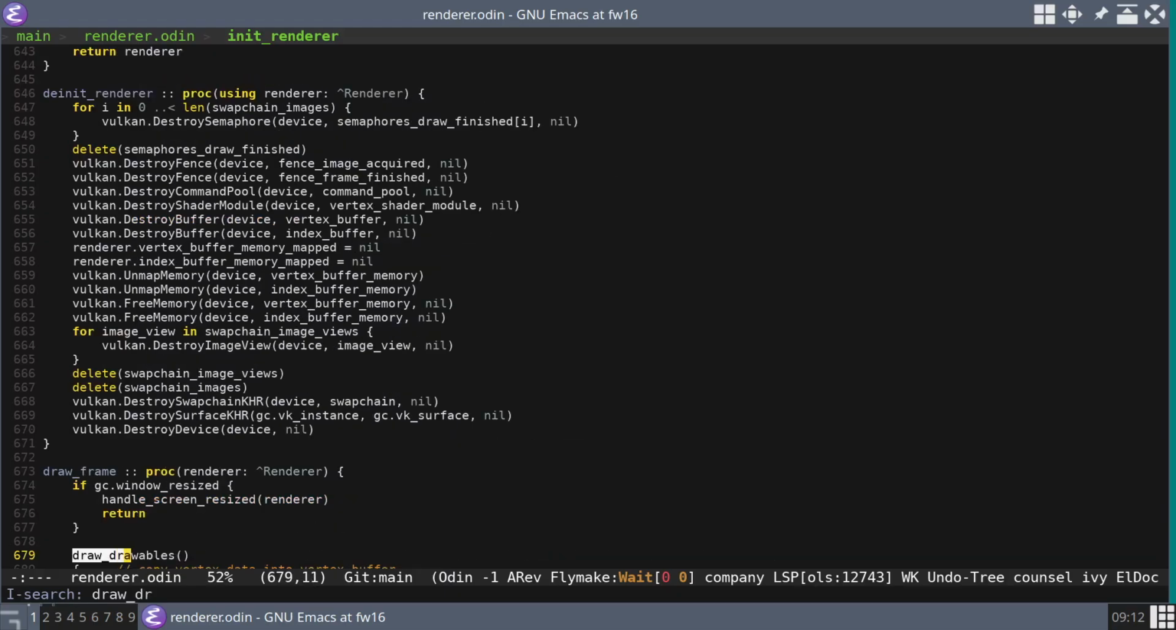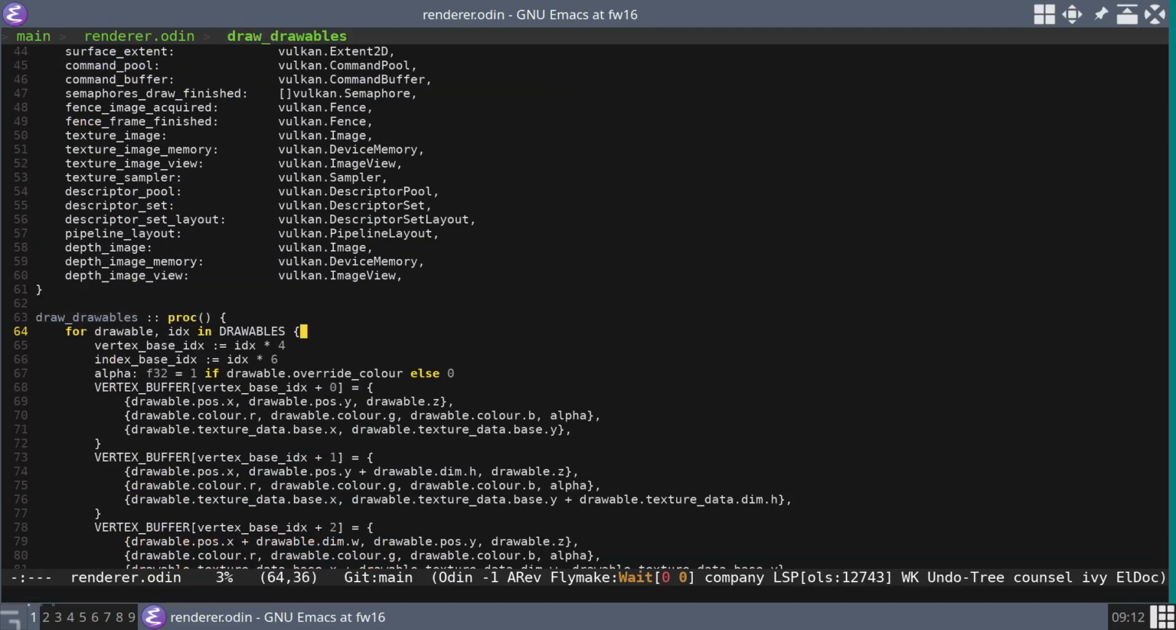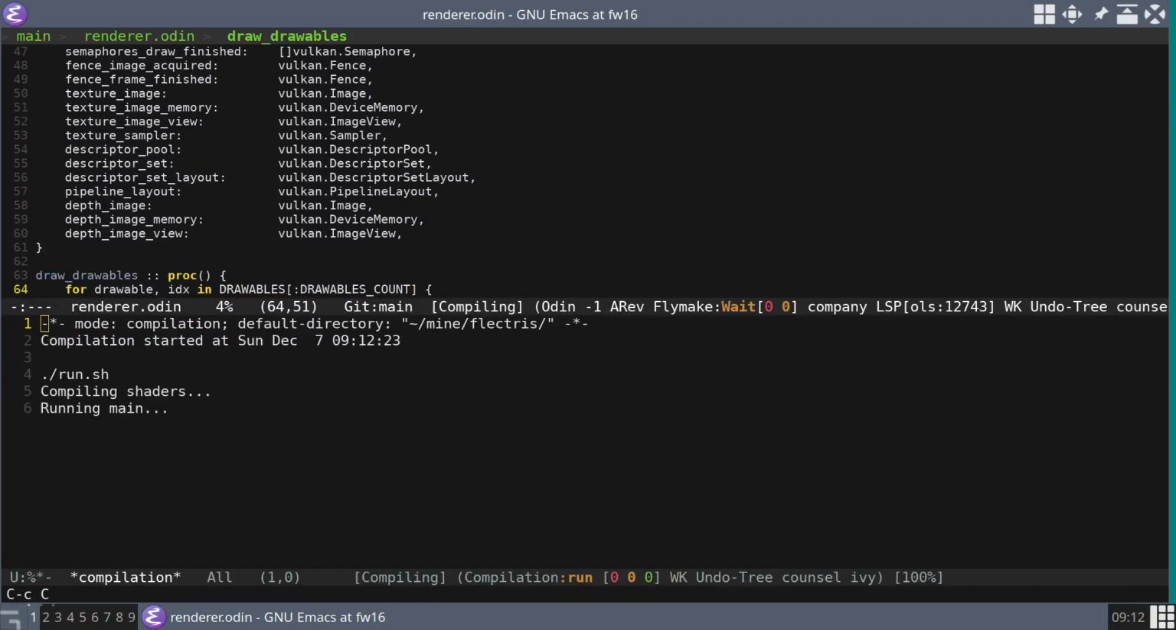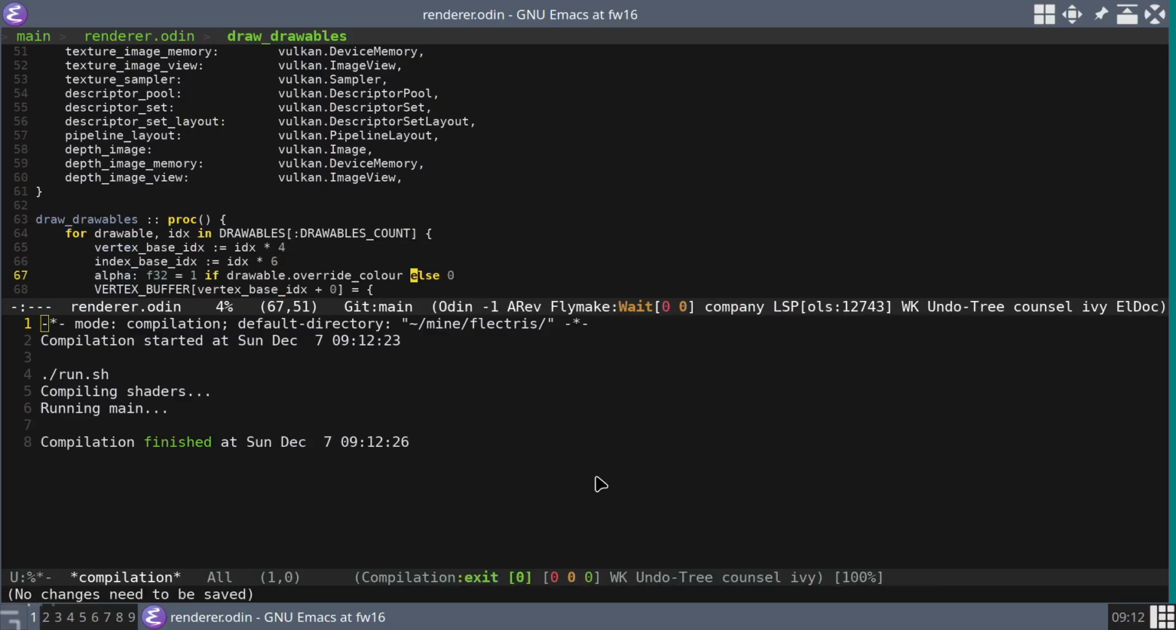And draw drawables. We'll just say in here, for drawable in this up to drawables count. And it draws. There we go. These buffers are probably going to end up being much bigger than they currently are, so I guess drawables used to be 20, now it's 10,000, so that might actually be fine. But